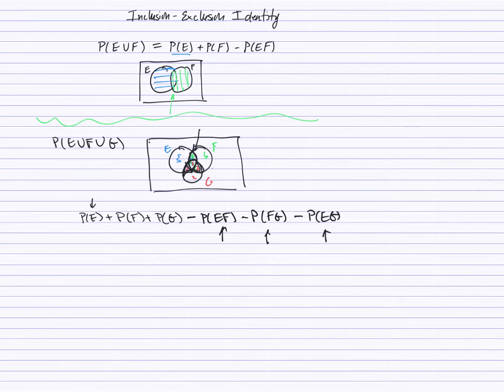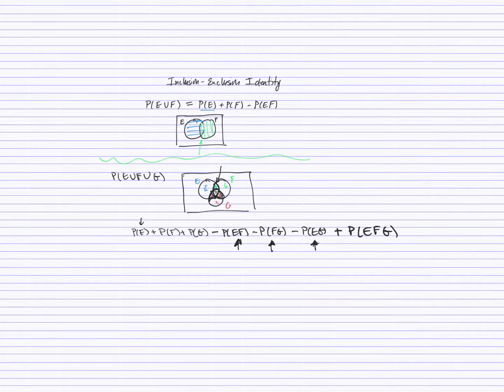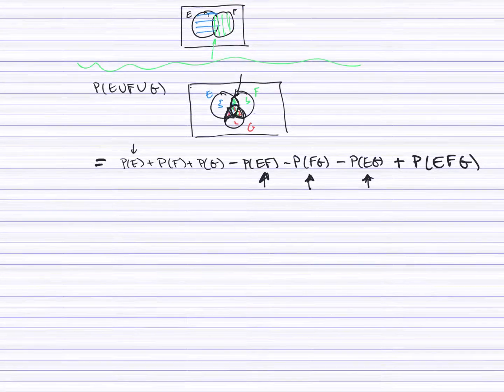And so we actually now need to come back and add the intersection of all 3. Because we took off the extra count that we wanted with EF, FG, and EG, but we also took off the intersection of all 3 every single time, and now we're left with none. Okay? Well, so this actually is the probability of E union F union G,